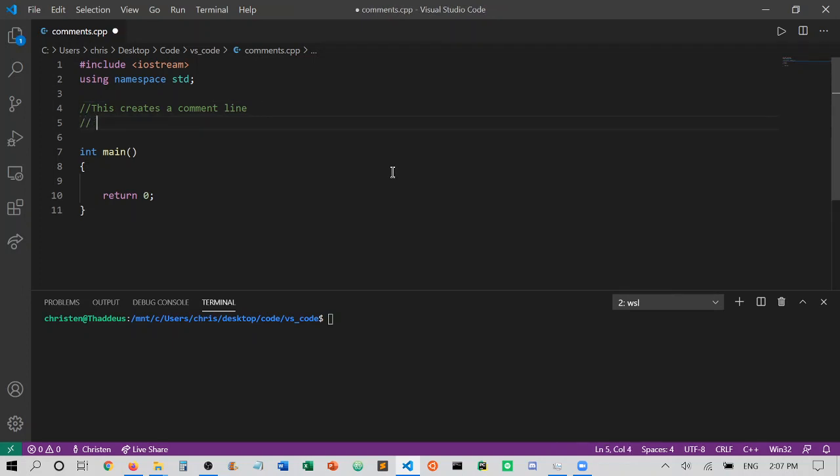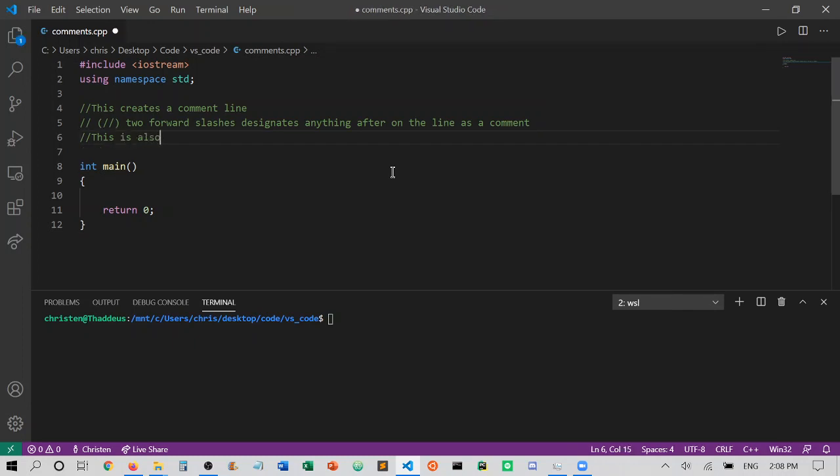The forward slash, when grouped together into 2 forward slashes, designates anything on the line as a comment. Now I can do this over and over again. This is also a comment,